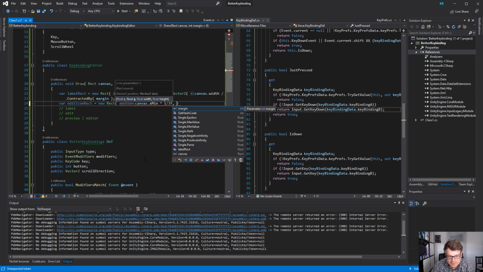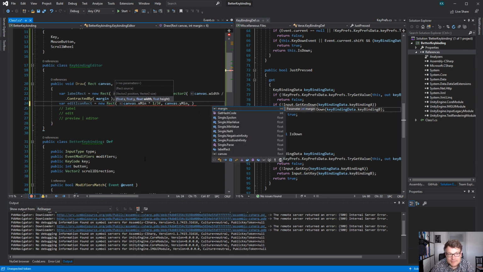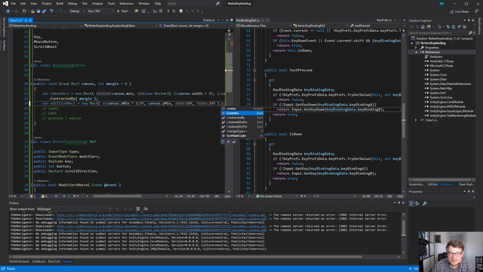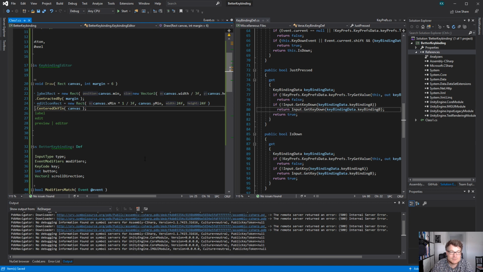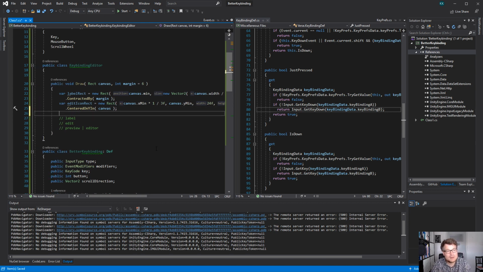Y position for now is going to be canvas Y min. We'll center it in there in a second. And the icon size is going to be 24 because that's a decent icon size. And then we're going to center that on Y in canvas. Then finally we have our